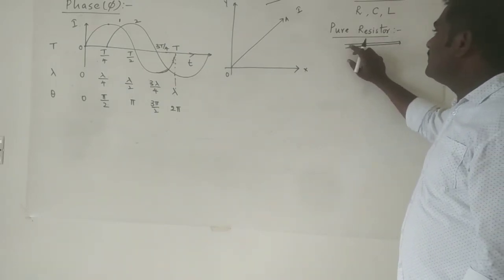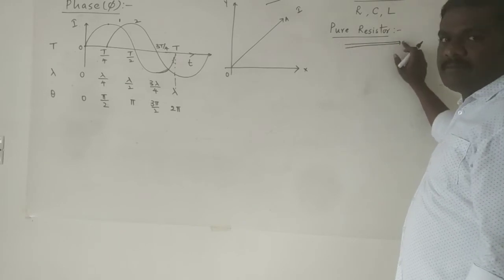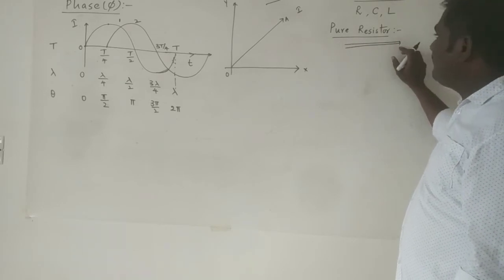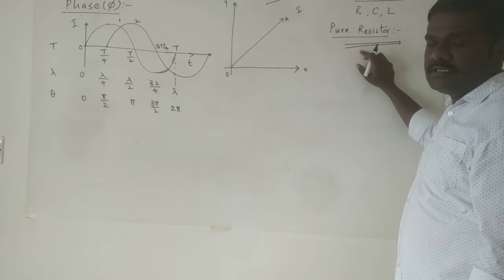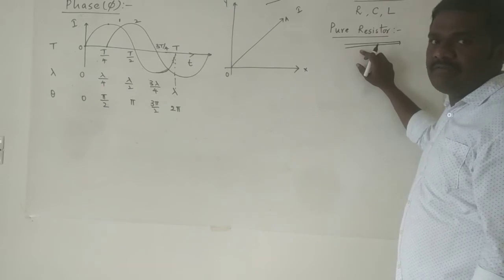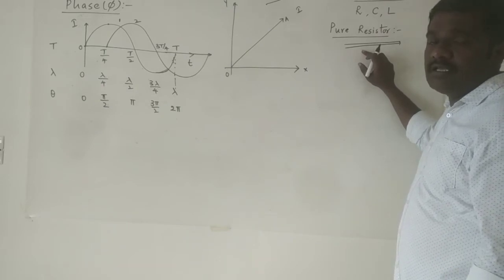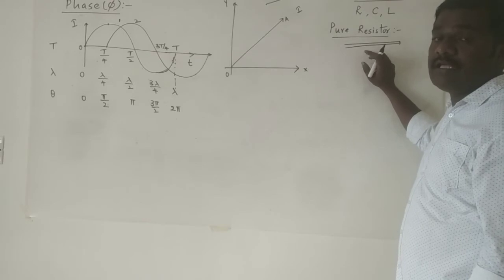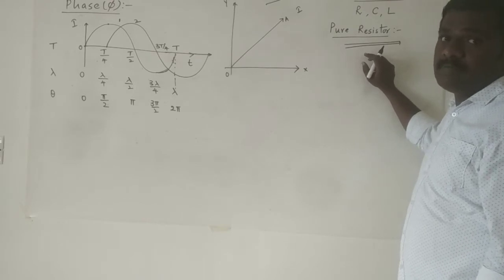Now in this case, in the forward current, there will be some magnetic field produced. In the reverse direction, there is another magnetic field. Since the direction of current is opposite, the net magnetic field becomes what? Zero. Since induction effects are zero, this wire can be treated as a pure resistor.